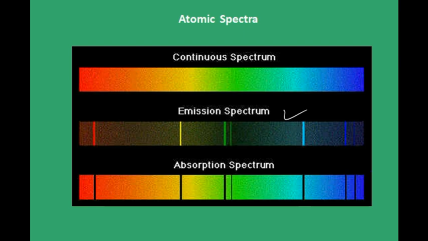Now when white light passes through a gas and we analyze the transmitted light, say using a spectrometer, we find that some lines are missing, or you can say there are some dark lines. And what can we say? We can say that these lines are absorbed. And interestingly, those wavelengths are exactly equal to those you find in emission spectrum. Observe this. And this is known as absorption spectrum when you have dark lines or missing lines. That is about atomic spectra.